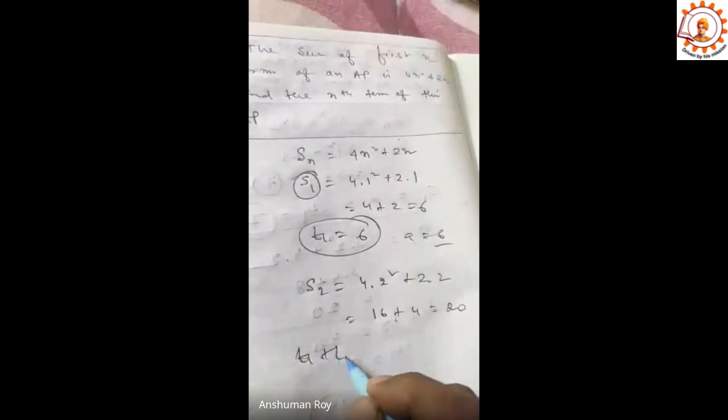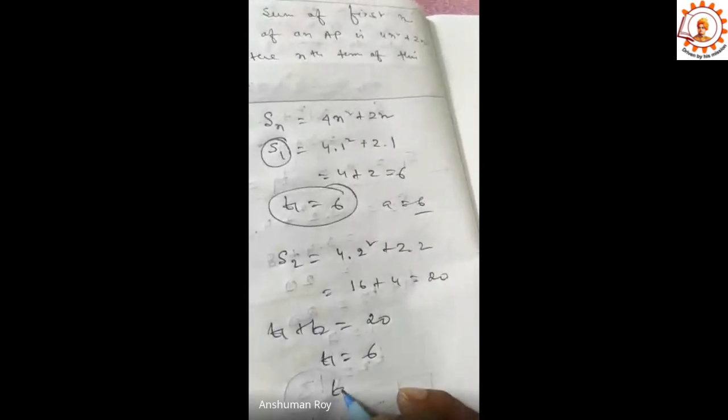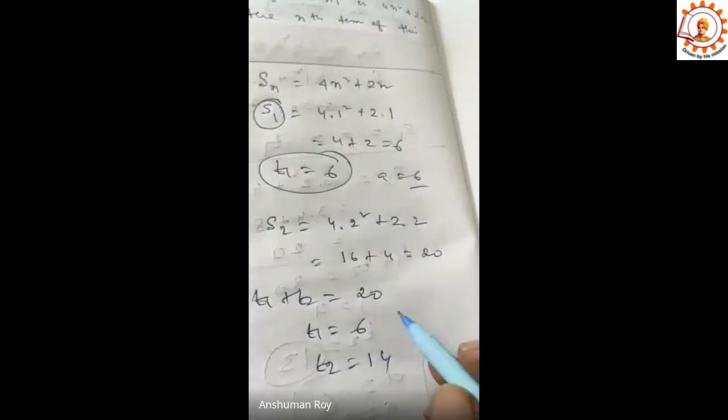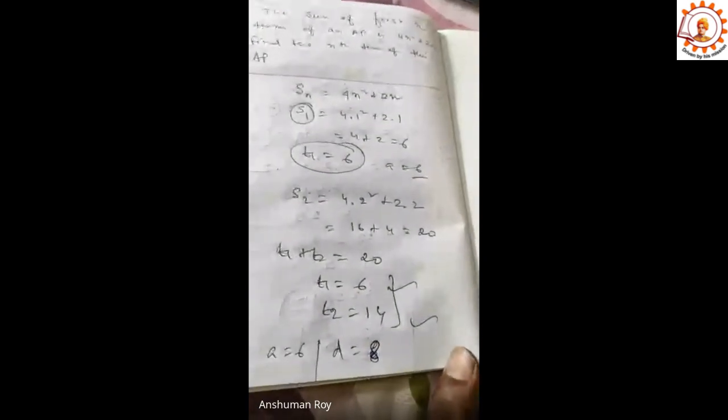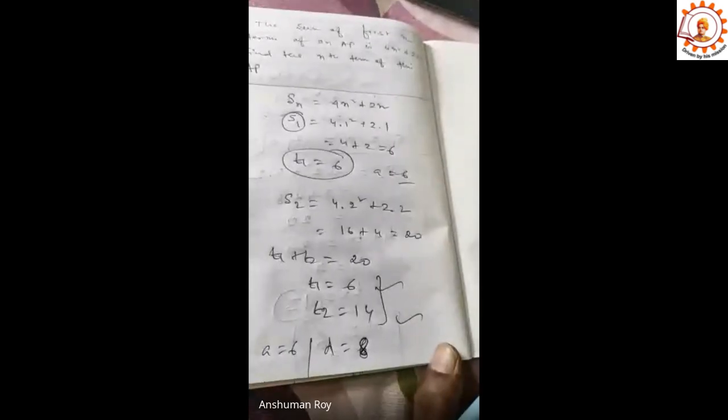S2 মানে কি? T1 plus T2। তাহলে T2 তাহলে কত হবে? 14। কি কত হচ্ছে? S 6 বেরিয়েছে আর D 8। ভেরি গুড। তোমার নামটা কি গো? স্যার রূপসা। রূপসা ভালো অঙ্ক করছে কিন্তু আজকে। তাহলে A 6, D হচ্ছে 8। এবার কি বলেছে? ফাইন্ড দ্য n-তম টার্ম। Tn = A plus n minus 1 into D।